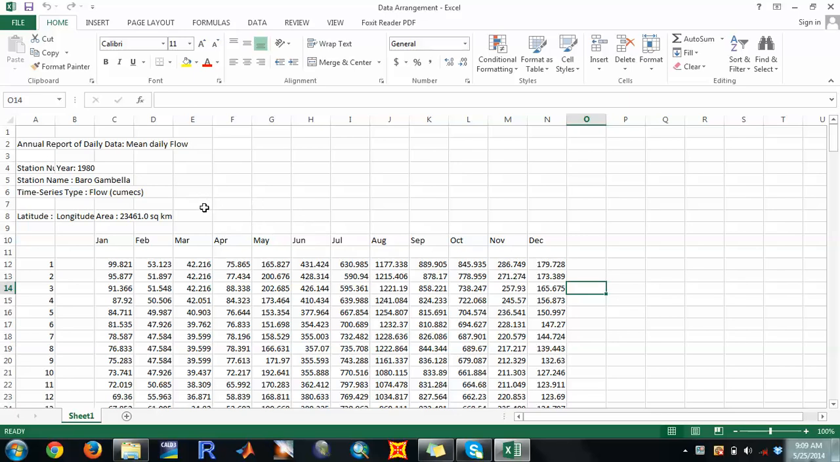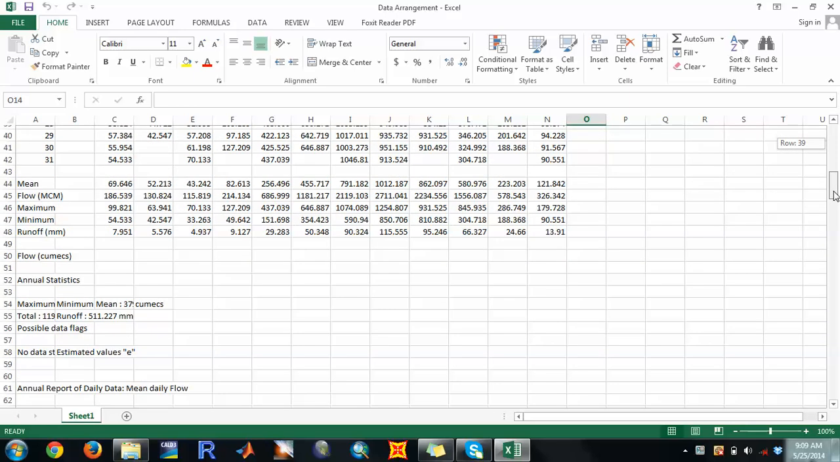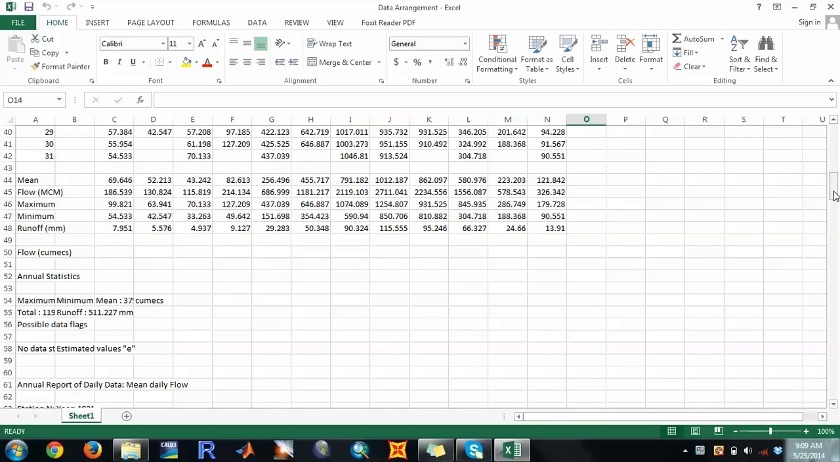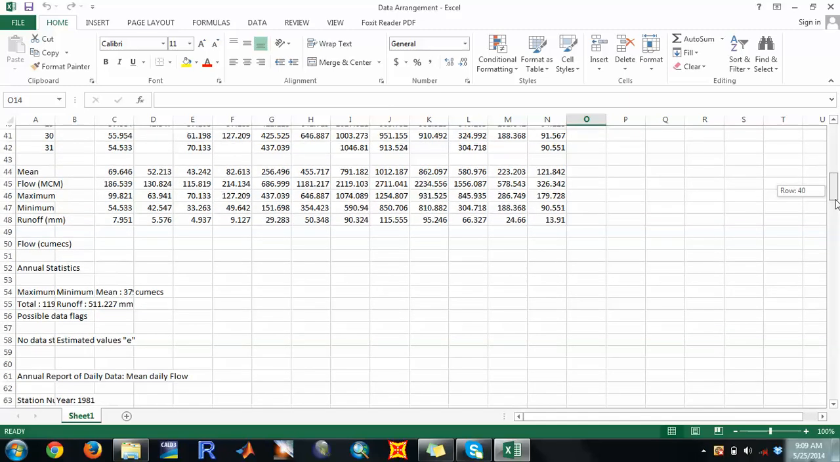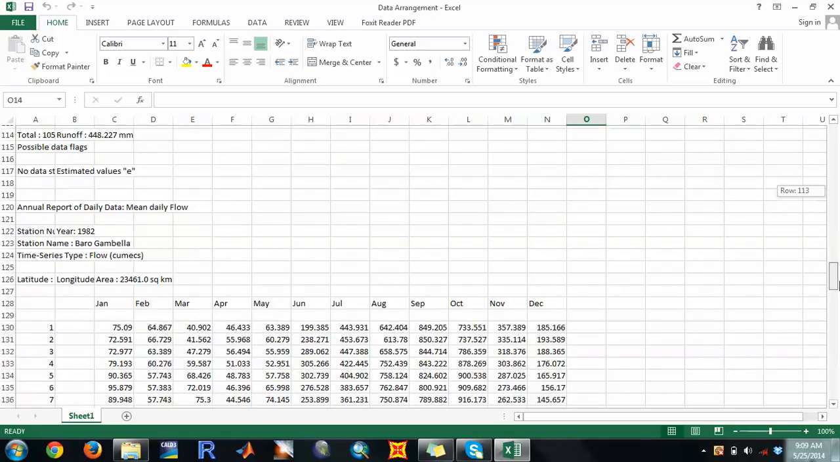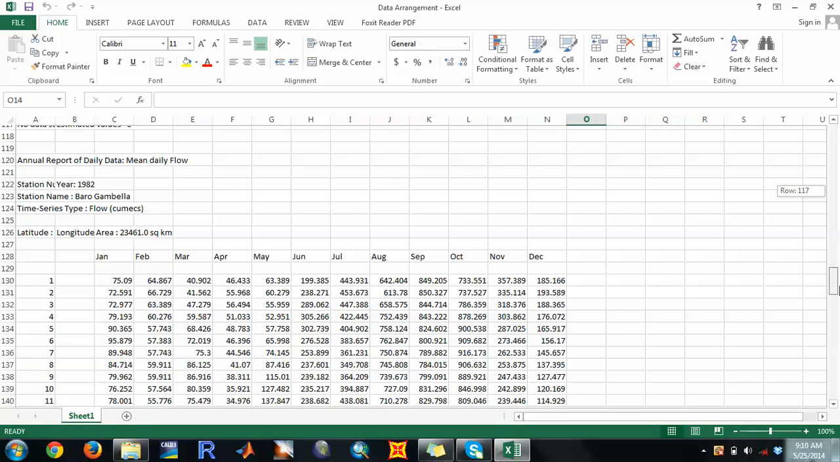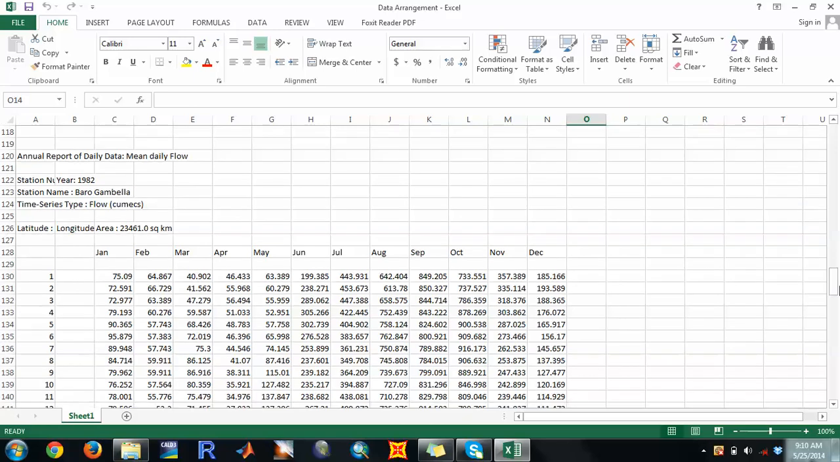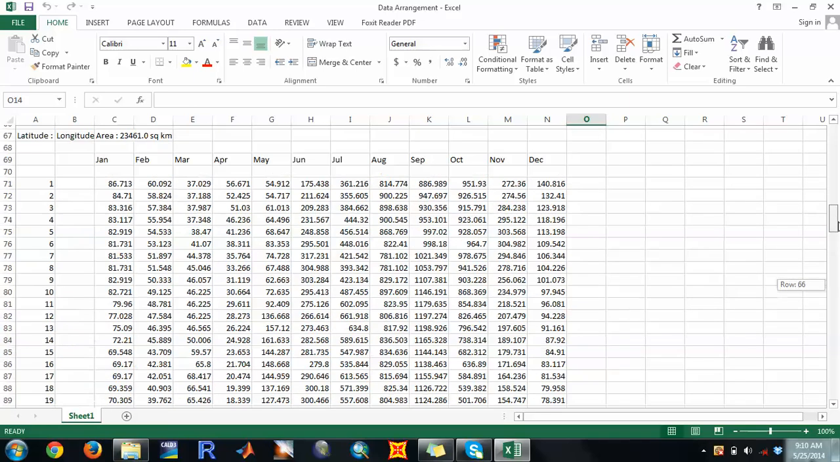So usually such kind of data are difficult for analysis, and we should be able to arrange them in some handleable format so that we can easily deal with our data. So we are going to use Excel to try to arrange our data in the manner we like. So the first thing is